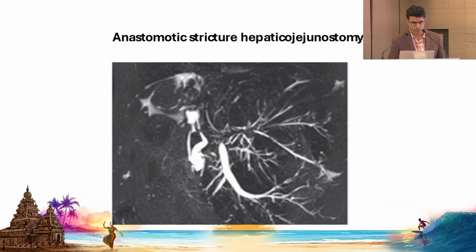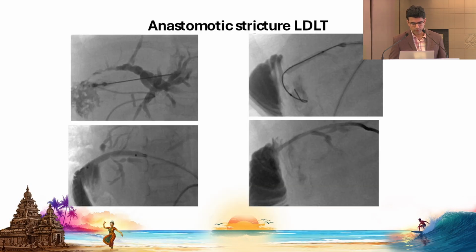We balloon dilated with a semi-compliant balloon of 8 mm, and placed an internal catheter. In the first stage we were able to internalize one, but the segment 2 duct we weren't able to internalize. However, in the second setting after 2 months, we were able to internalize both. This is the only image I have; after that, I lost the rest of the images. We removed both catheters after 3 months, and the patient is doing well.